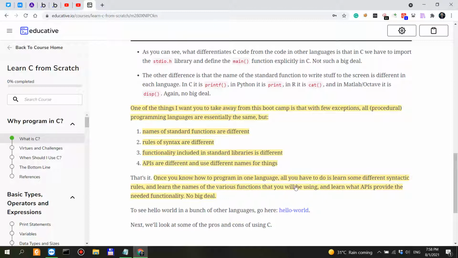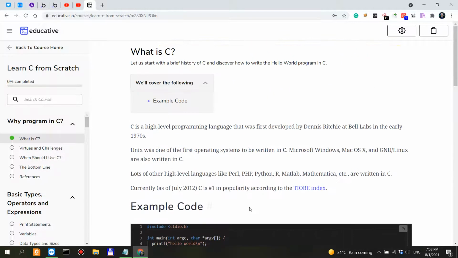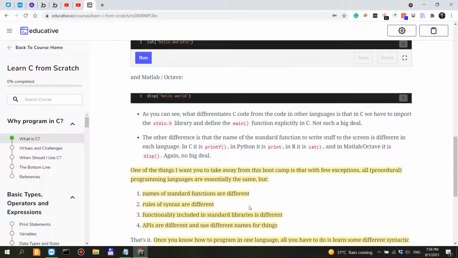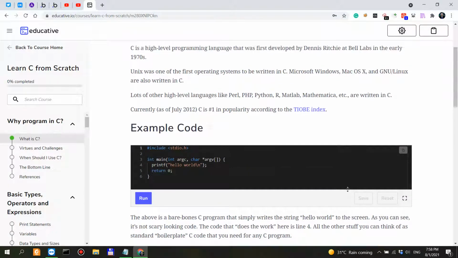Once you know how to program in one language, all you have to do is learn some different syntactic rules, and learn the names of the various functions that you will be using. No big deal. So once you know the basics of C, and once you get a good grip of it, you'll be able to learn other languages as well.